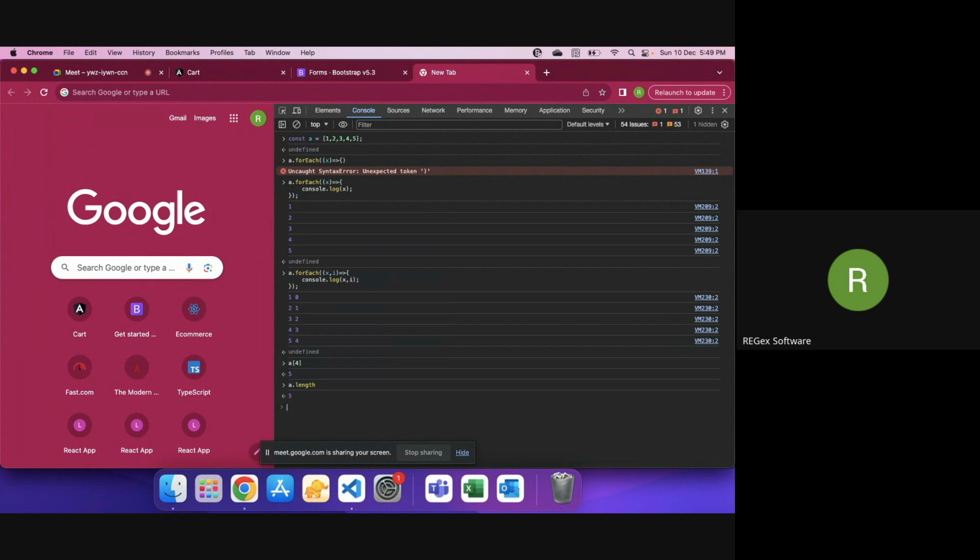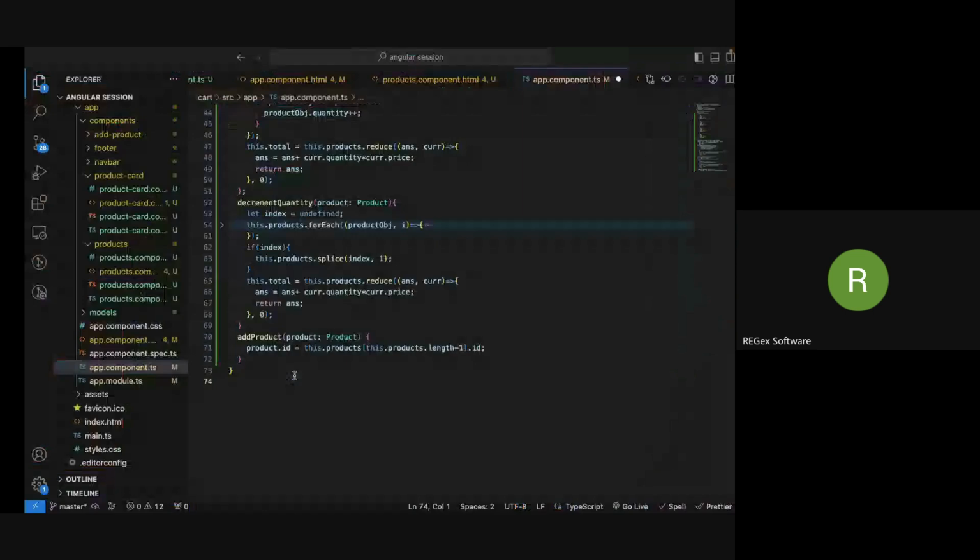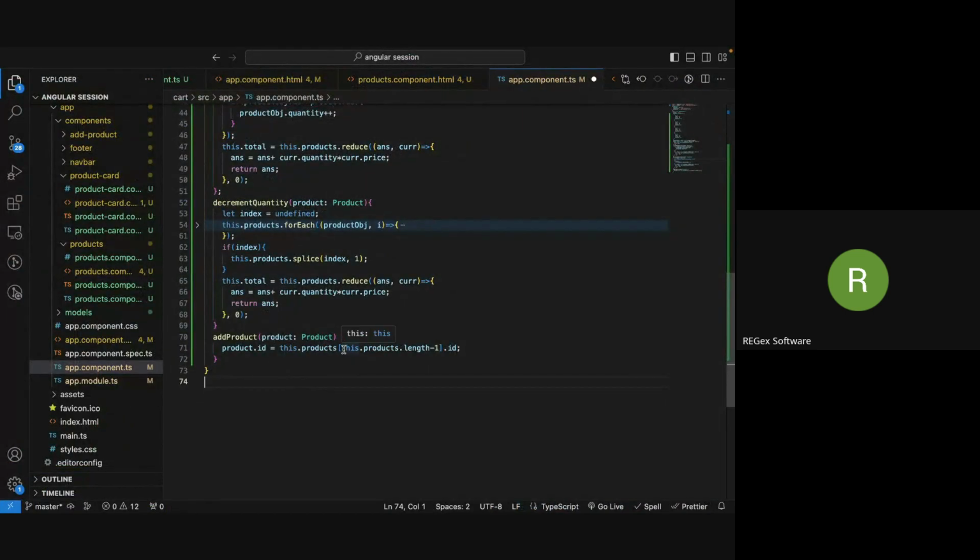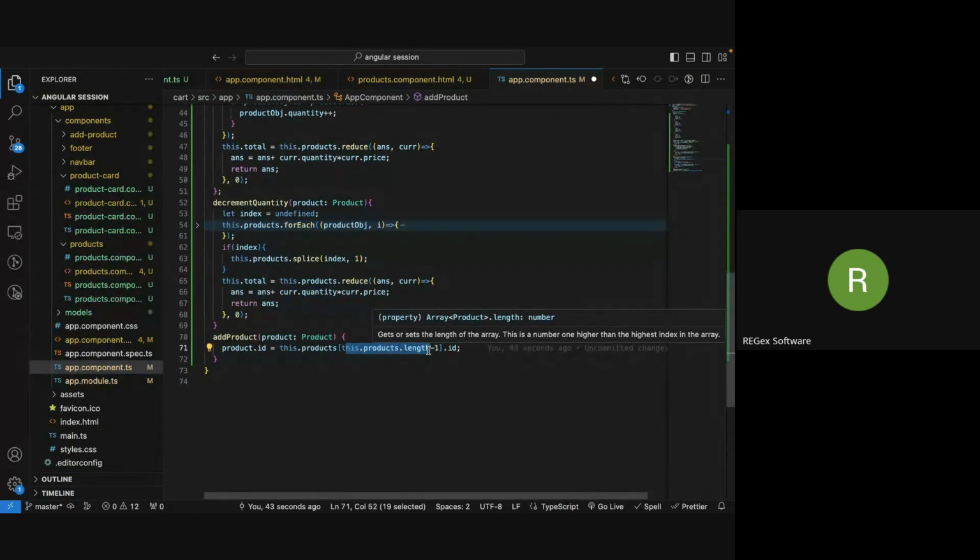So I want to access the fourth position. Fourth will be the last position. Yes or no in the array? Yes, sir. So that's what I am doing. I am saying, from the last position, the last element, products dot length, how many products are there? Minus 1. The last product in my array की जो ID है उसमें +1 ऐड कर दो for the new